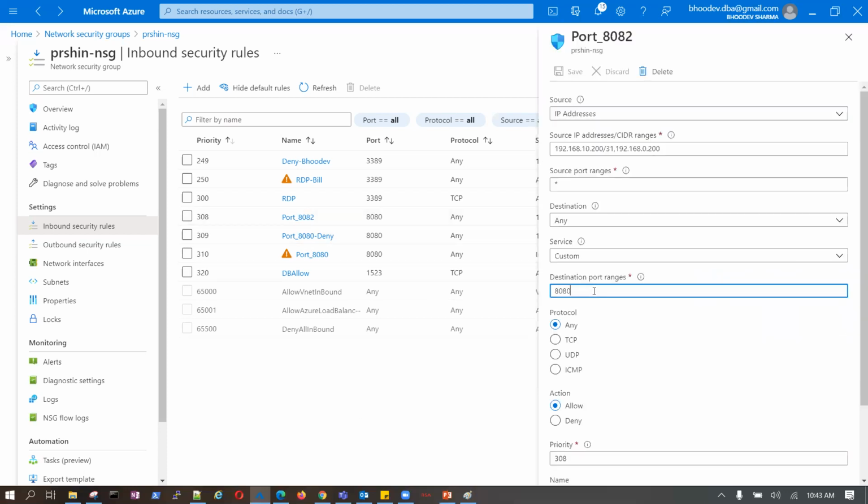I can allow 8080, comma, 8081, I can allow 8088, comma. See, I matched all the 5 database requirements here only. So it becomes very easy.